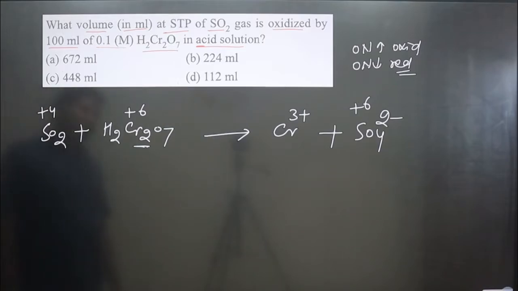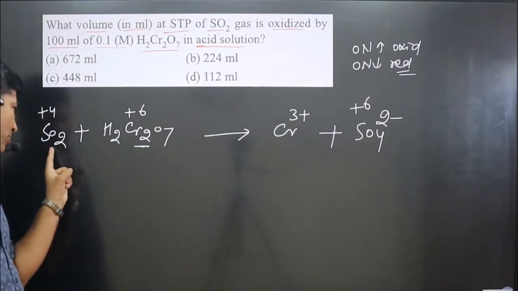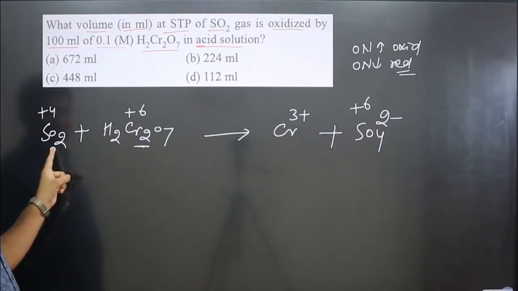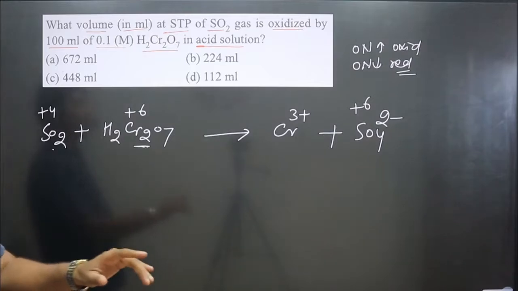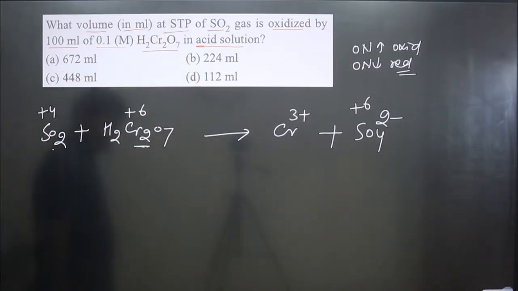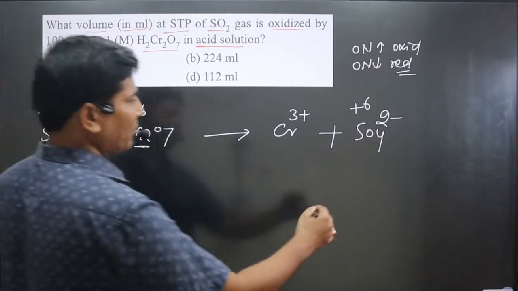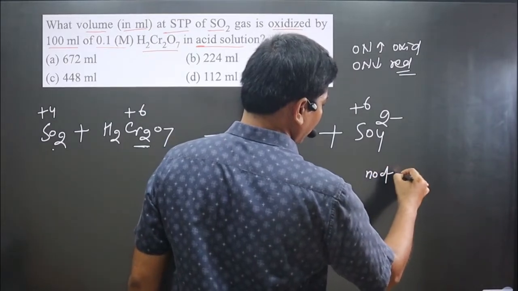If you balance this equation... but I think we can apply the concept of milliequivalence, because volume as well as molarity is given. So we do one thing, very interesting part. The number of milliequivalents of this substance is equal to the number of milliequivalents of this substance, and by using this concept we can calculate the moles of sulfur dioxide, and once we calculate moles, at STP we can easily convert into milliliters. The formula is: number of milliequivalents is equal to